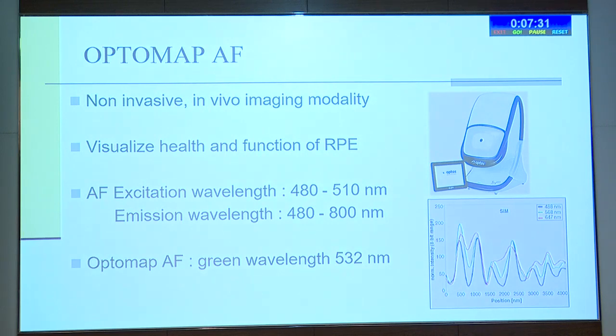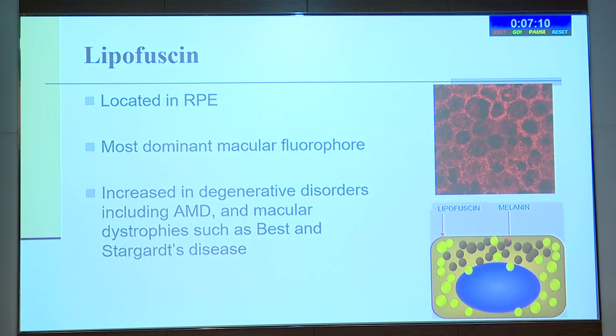Basically, it's a non-invasive in vivo imaging modality, which gives us a lot of information about cellular metabolism, mainly of the retinal pigment epithelium. The Optomap AF uses a green wavelength of 532 nanometers. The basic principle is that we use fluorophores, which are naturally present in the retinal pigment epithelium. A fluorophore absorbs light of a particular wavelength and emits light of a different wavelength, which is picked up by the camera, and we generate the autofluorescence images. Lipofuscin is the most dominant macular fluorophore, and it's increased in degenerative disorders like AMD, macular dystrophies, and other